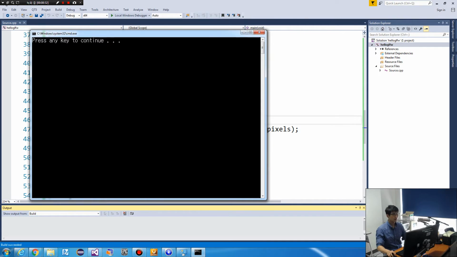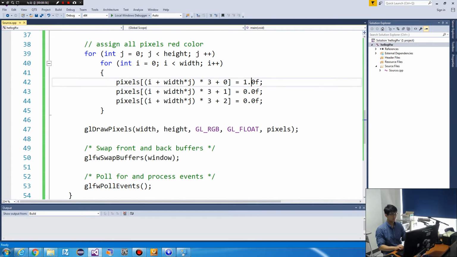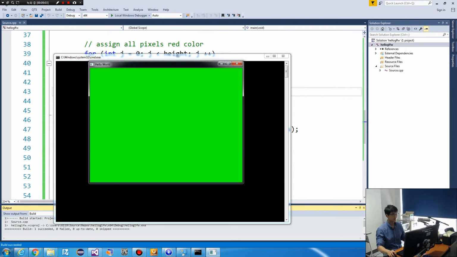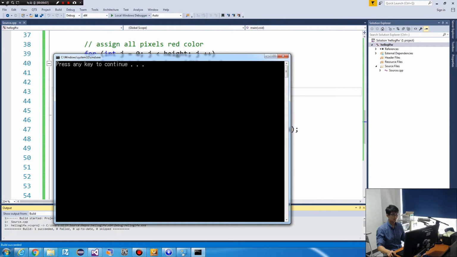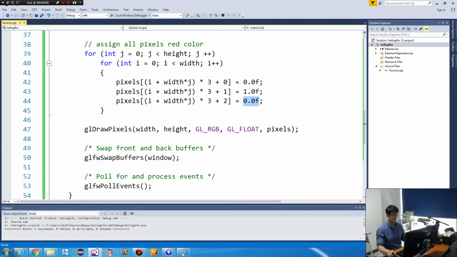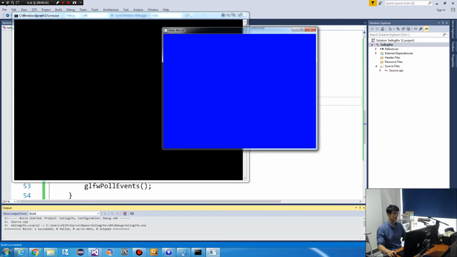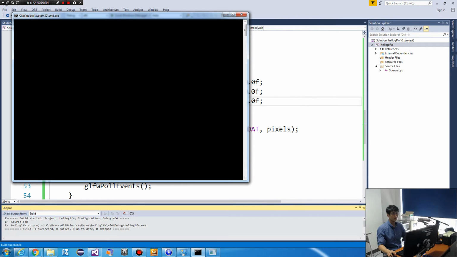So let's try a green one. So this is green. So we have green. And blue, right? So blue. So we know how to draw now.